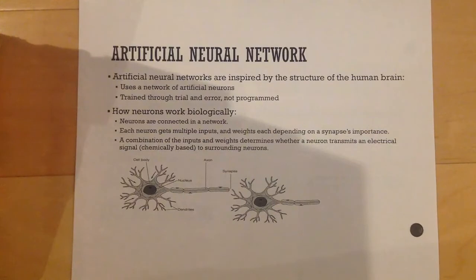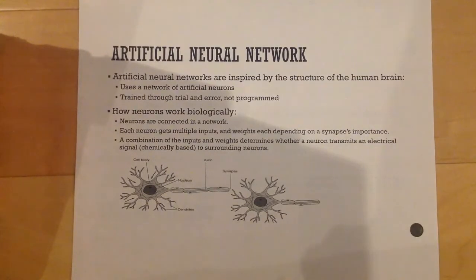And it gets all these inputs, and when the inputs exceed a specific value, that triggers the neuron to fire and allows the signal to propagate through the brain. So a combination of inputs and weights determines whether a neuron transmits an electrical signal, which is chemically based, to